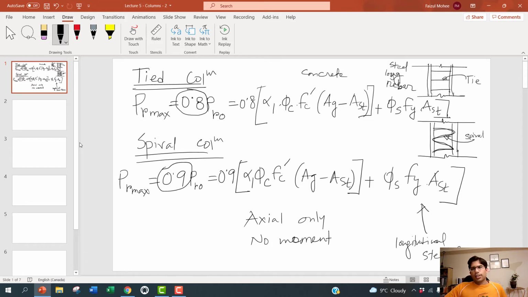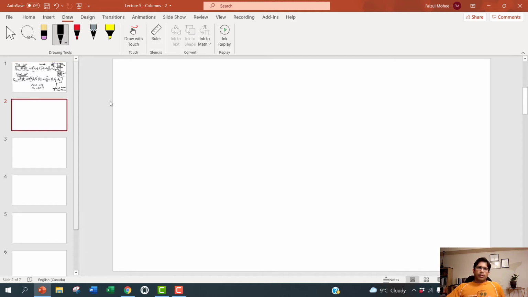Please note that this is not the tie or spiral. This is the longitudinal bar, this long vertical bar, the vertical steel rebar. And these are the equations for only axial load with no moment. Now if you go to the next slide,